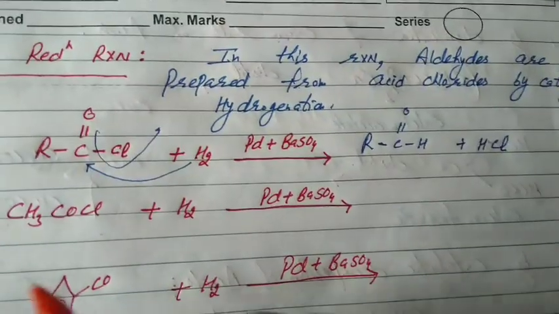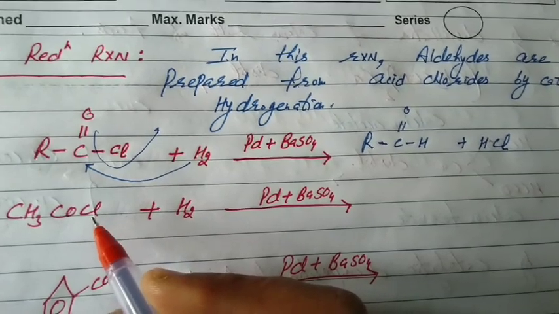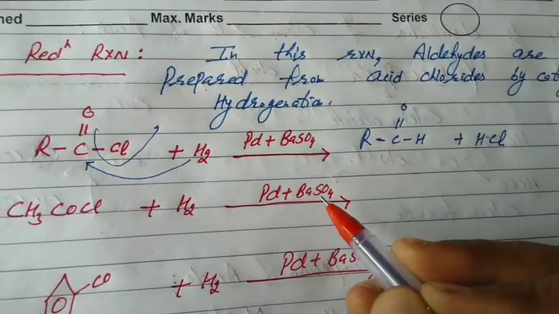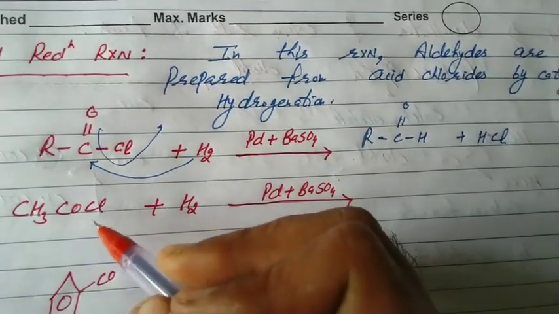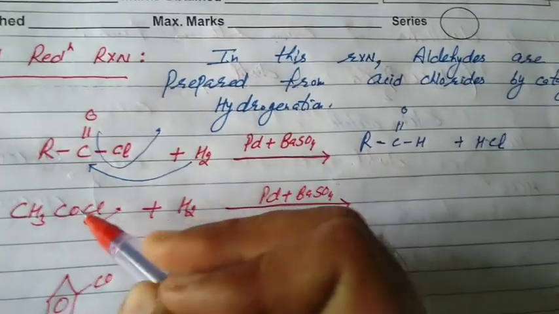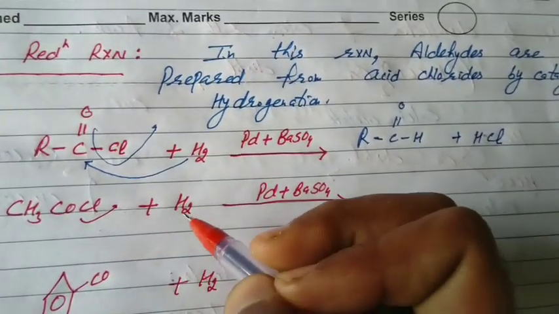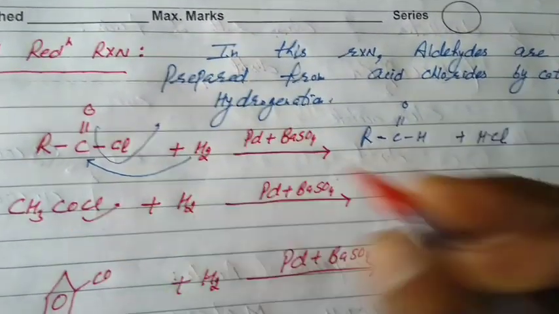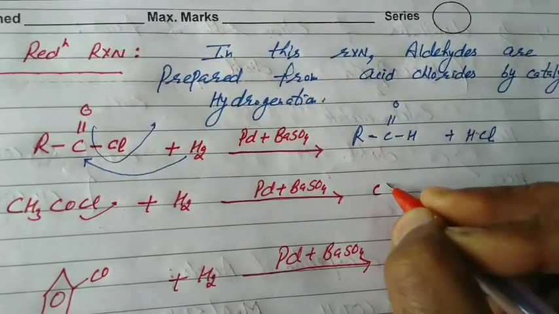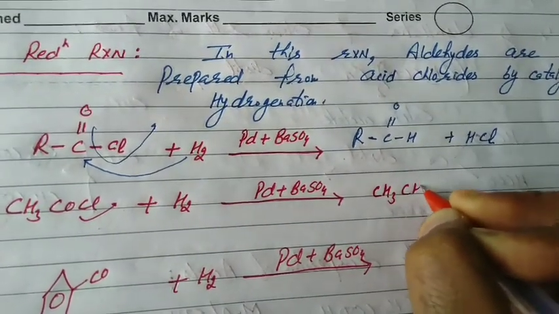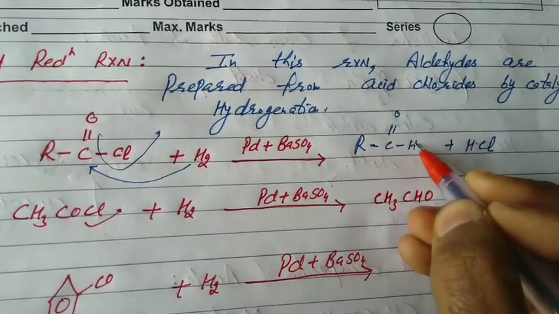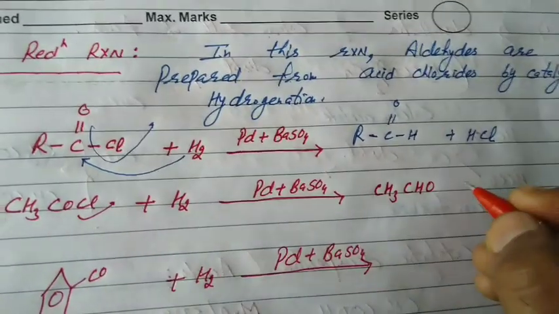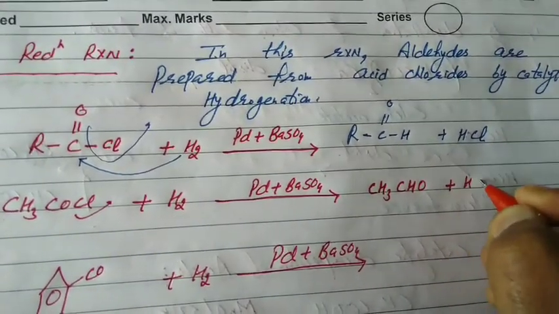Same reaction, students. CH3COCl, acetyl chloride. When we treat it with hydrogen molecule in the presence of Pd plus BaSO4, Rosenmund's reduction reaction, that is loss of electronegative element and addition of hydrogen. But we will not write CH3COH. It is wrong. We will write CH3CHO. Hydrogen will approach the carbonyl carbon. The product is, be careful, CH3CHO, because the hydrogen atom got linked with carbonyl carbon, not with oxygen. We can't write CH3COH, then it is wrong. Cl undergoes reduction, what we got? HCl.